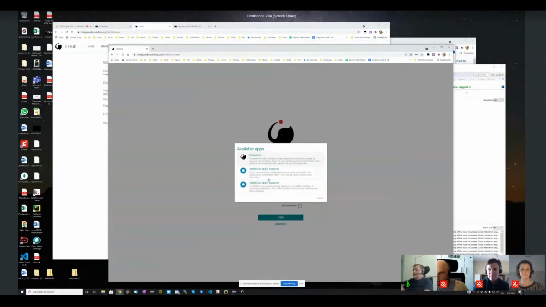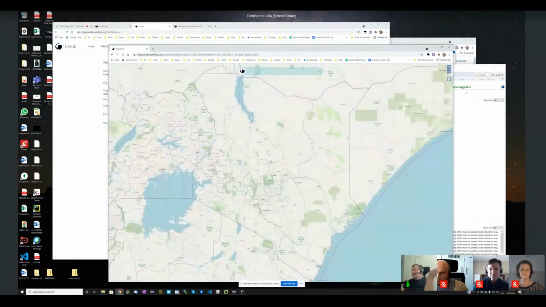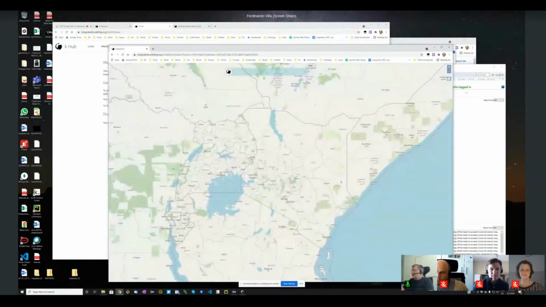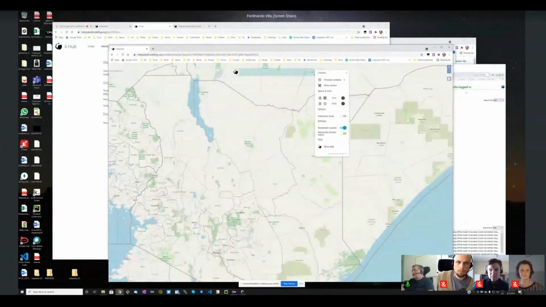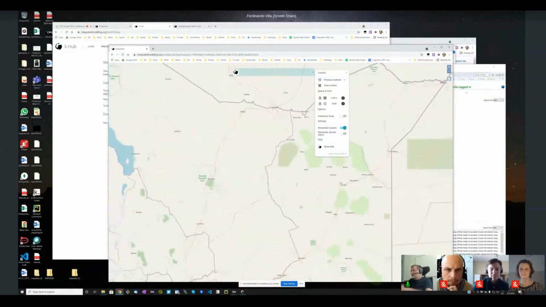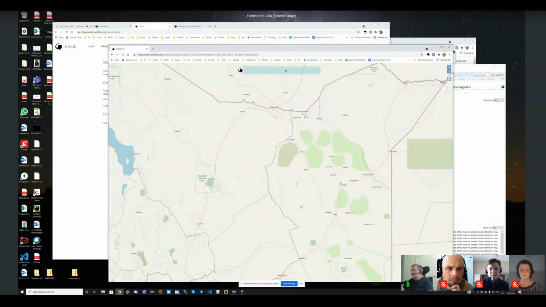So I'll show you this first, and maybe some ideas of how applications can be built on top of the platform. So if I click on Explorer, what I get is this very simple window, which looks like a very simple map with a bar that you can use to type your requests. You have some features added here, so you see there is a temporal and a spatial resolution, and you can see if I zoom in and out, those things change. And you have a number of options, but we are not delving into any detailed explanation here.